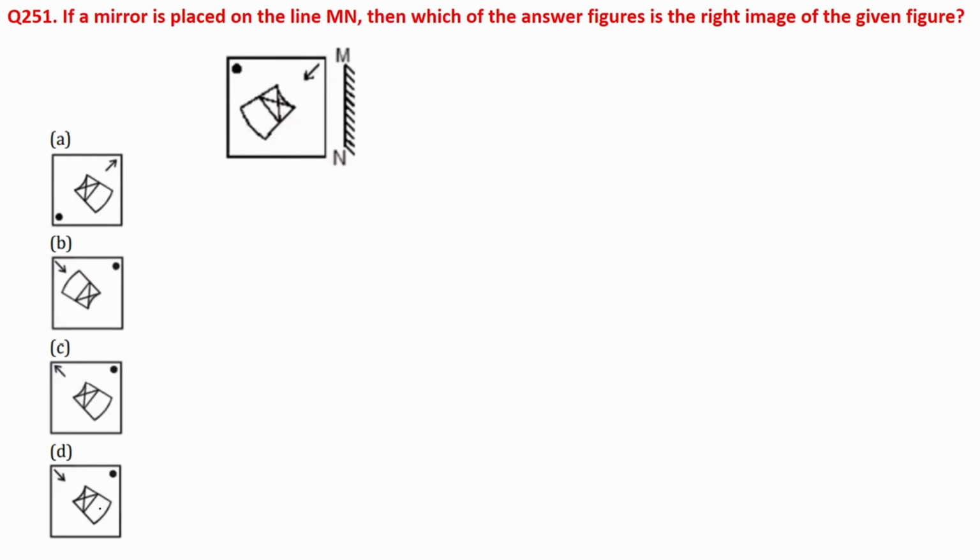Now see, just tell me which is the exact mirror image of the given object. You just focus on that. This is exactly a northeast. In any manner, northeast always becomes northwest in reflection. So you can eliminate option A. So you can eliminate option C. Why? Because the arrow is showing towards southeast. So that's why you can eliminate option A and option C.